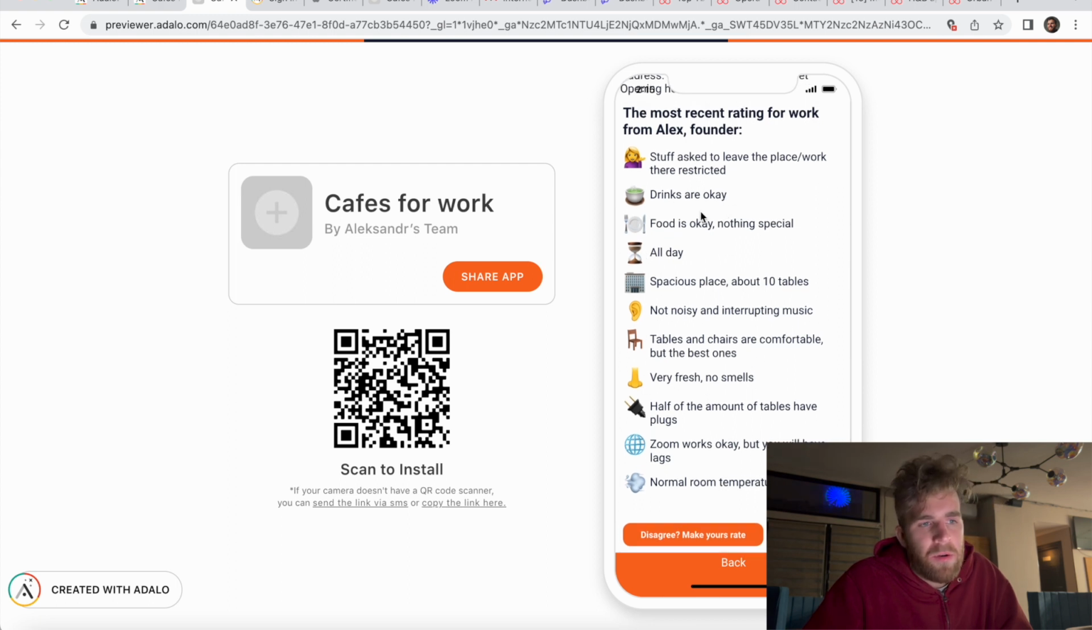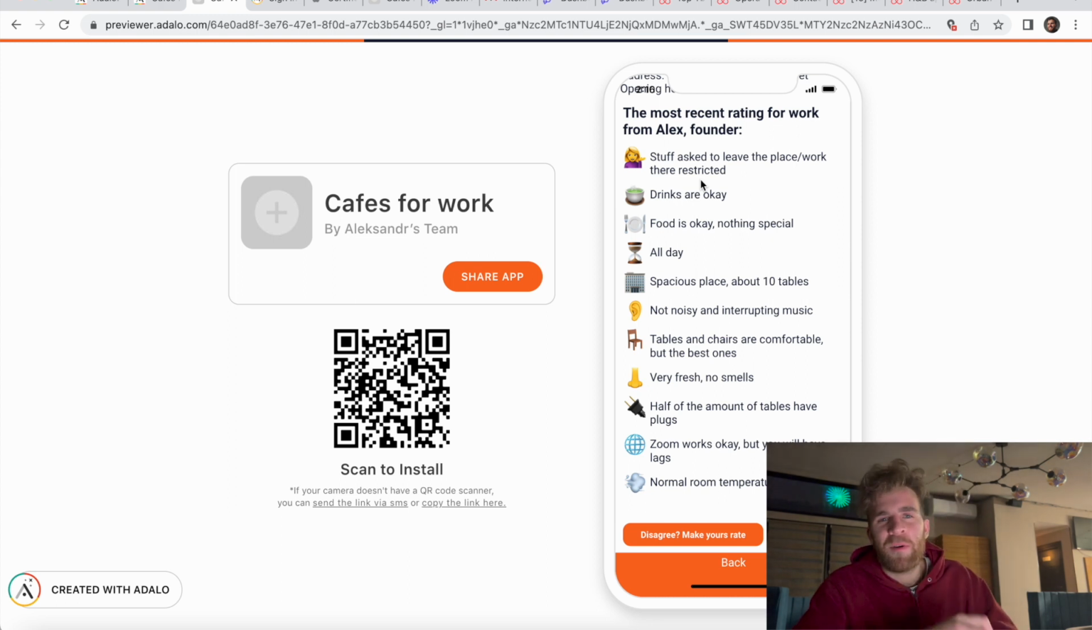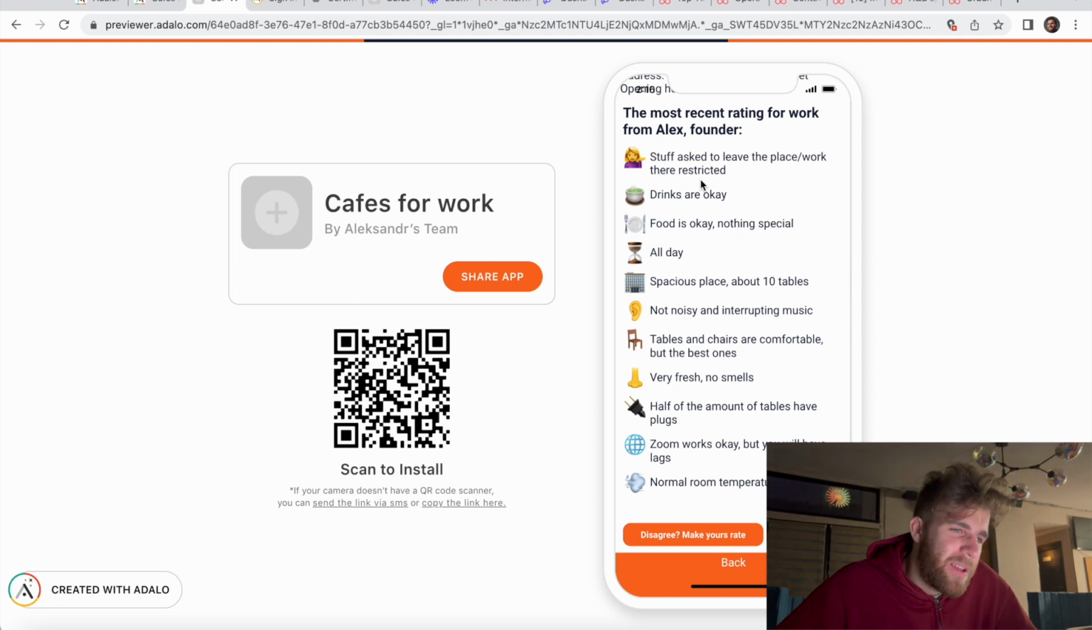So as you can see, drinks are okay. Staff asked me to leave the place, because they restrict working there. This was a funny story. They said that I can't just sit here without ordering something, but I had come very quickly for a call and I wanted to order, but they said that you need to order now, not in 10 minutes. So that's why I set